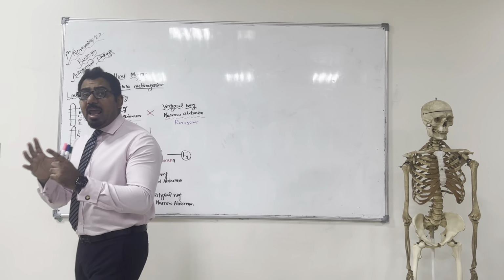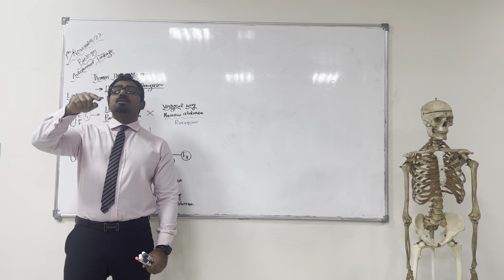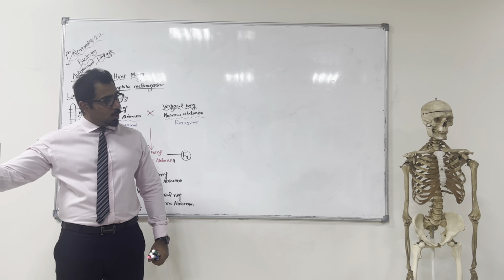Remember that I taught you the law of independent assortment, right? Mendel said that during gamete formation, the alleles assort independently. They are not attached with anything. But here, his law of independent assortment is rejected, right? But it is applicable if the genes are present on different chromosomes. Remember, I told you, Mendel was lucky that he chose 7 traits, and all 7 traits were on 7 different chromosomes, right?